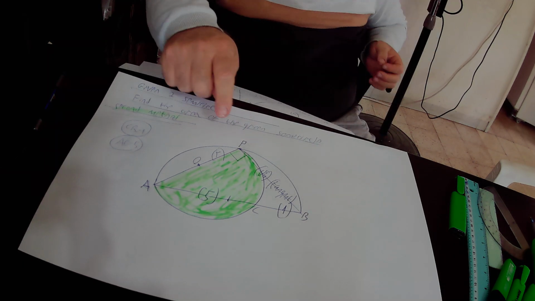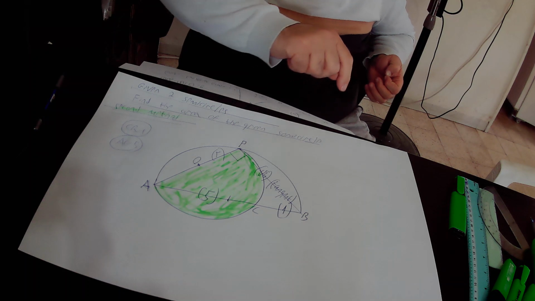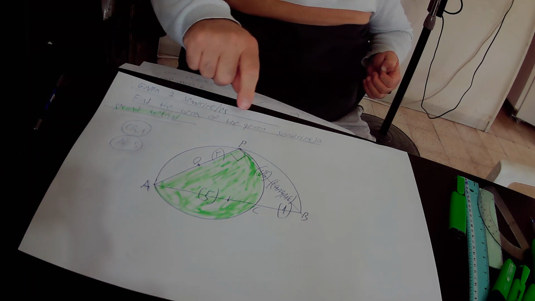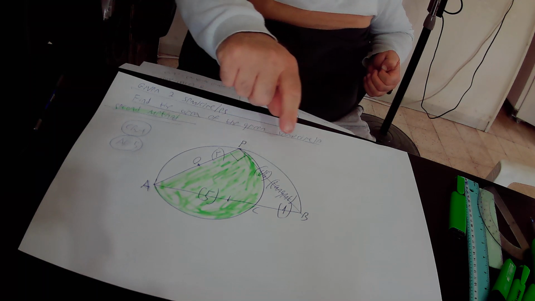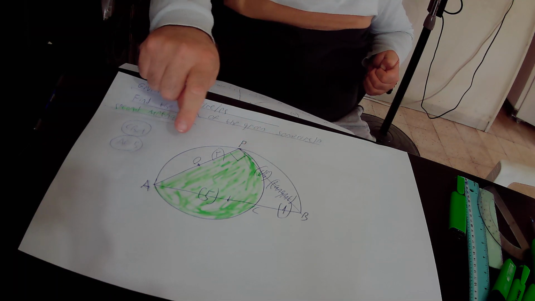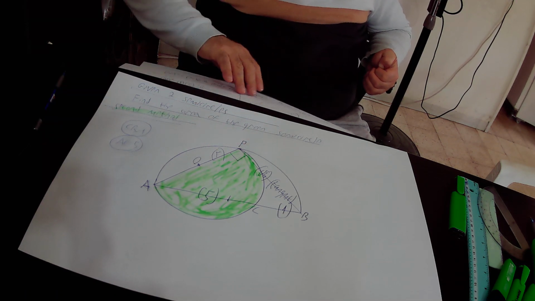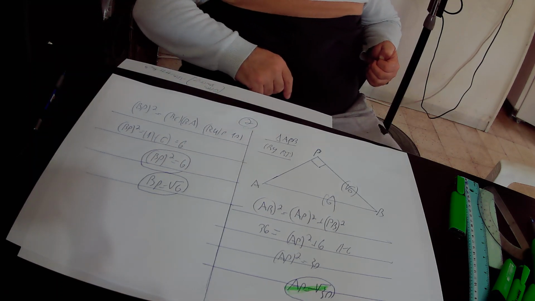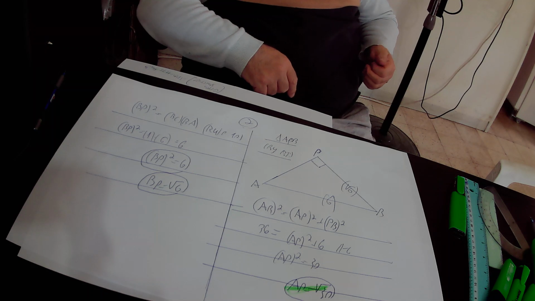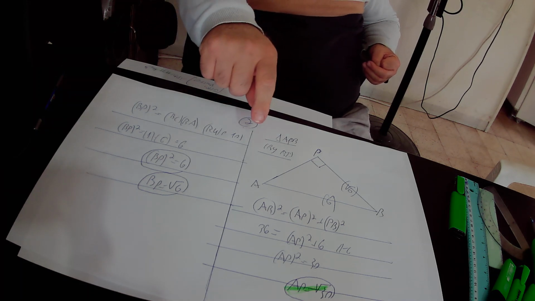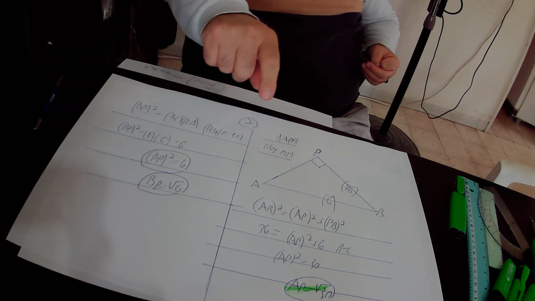In the next step, I copied this right triangle APB onto a new page and applied the Pythagoras theorem to it. We just found that side PB equals the square root of 6 units, and the side AB of this right triangle equals 6 units. According to the Pythagoras theorem, in any right triangle, the square of the hypotenuse equals the sum of the squares of the other two sides. The hypotenuse in this right triangle APB is AB, therefore the square of the hypotenuse is AB square,